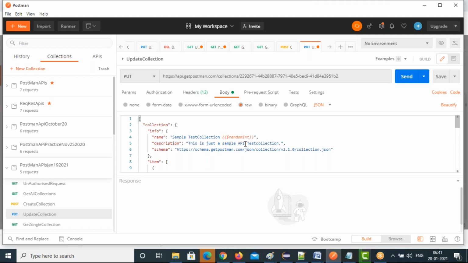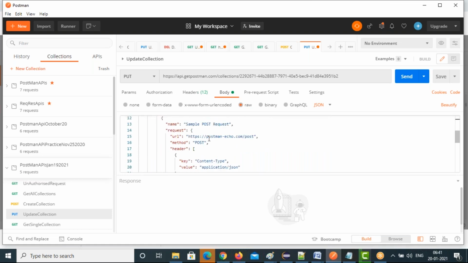So just change some data, okay? Update test, so update. I'll give here, name also I'll change. So update. So these are enough. Some of them we are changing, right? You can change whatever you want. Put method, sample put method.